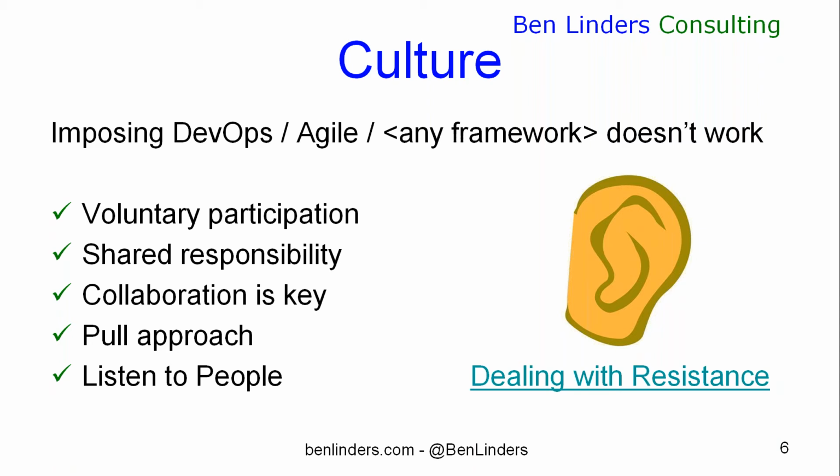And I think that's even more important for DevOps than for a lot of the other agile practices there. Because if you want DevOps to work, you're going to need collaboration throughout the whole delivery chain to make sure that you're getting the results out of there. Instead of pushing stuff on people, go to a pull approach and make sure that people can pull in things that make sense for them that they can use in there.